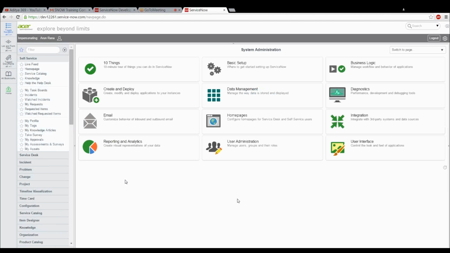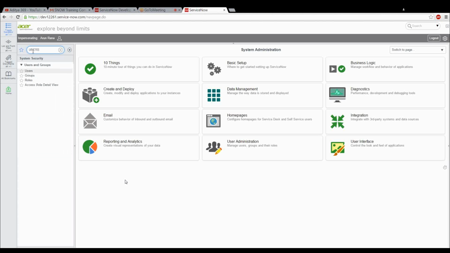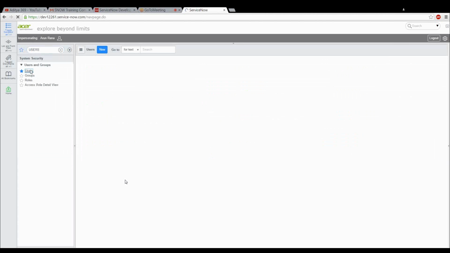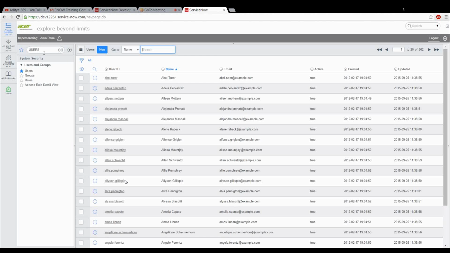Now you filter with the user record. Type users in the filter and select the users under user administration. Where is your user administration?